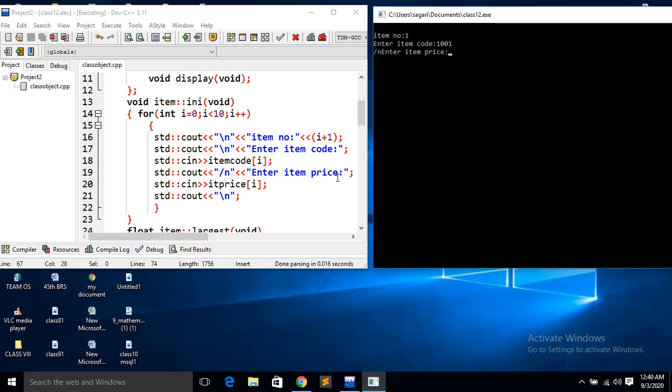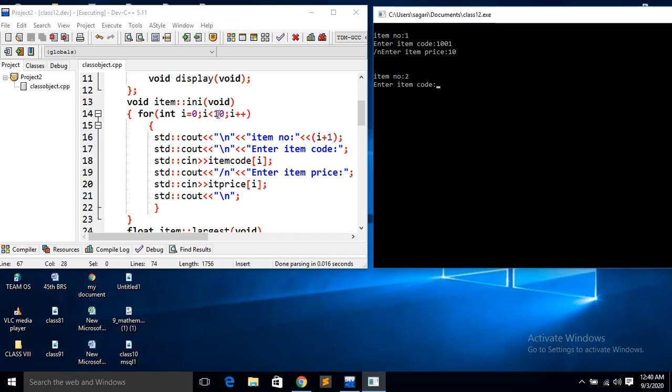Enter the price of the item, say 10 rupees. Now it will continue until you enter the 10 values. It starts counting from 0 up to 9, that means 10 values. So one value I have entered.